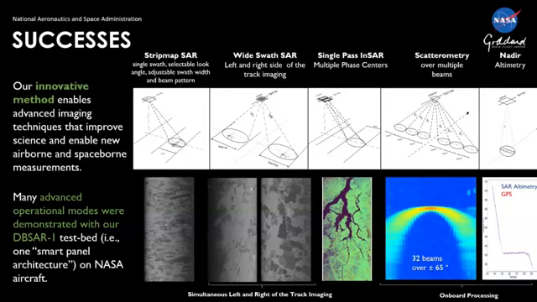So we have flown this, as I've mentioned, and these are examples of the different modes that have been tested with actual data shown below those. So here's just reproducing a typical side-looking SAR and the image that came with that. And then here it's looking at the two beams simultaneously as we're flying along. So you get these two strips at the same time.